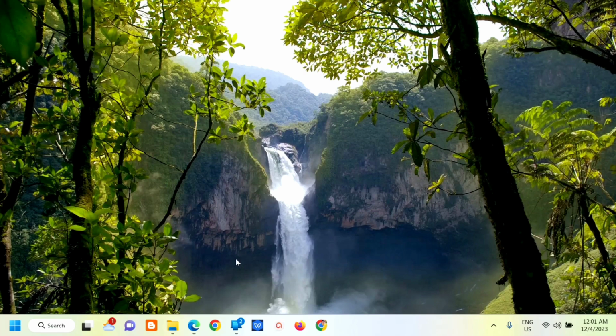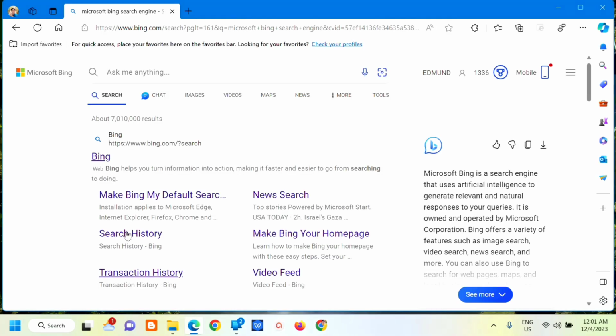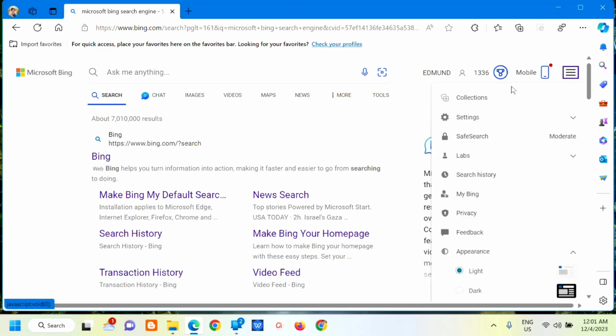Ang next step ay open lang natin ang Microsoft browser. And then makita mo dito na Microsoft Bing search engine yung gamit natin. Okay, so in the next step ay dito lang sa top right corner, select mo lang yung 3 line icons, click mo lang ito. And then next ay kailangan mo lang i-select dito yung settings, so i-click mo lang itong